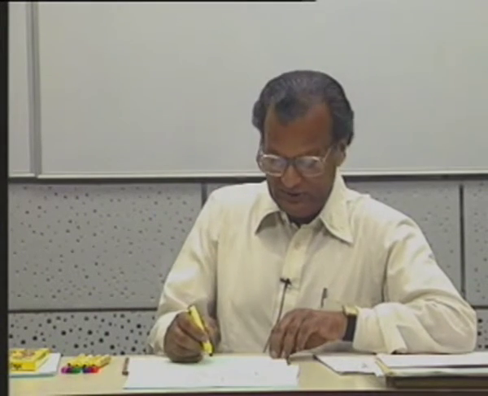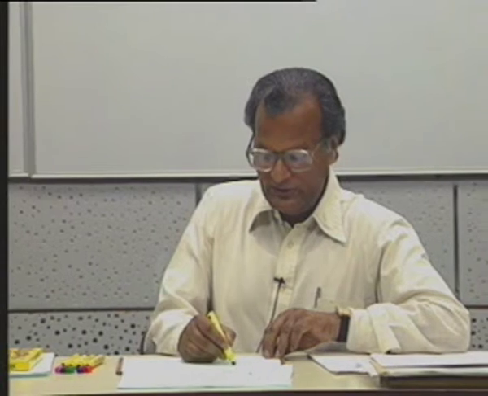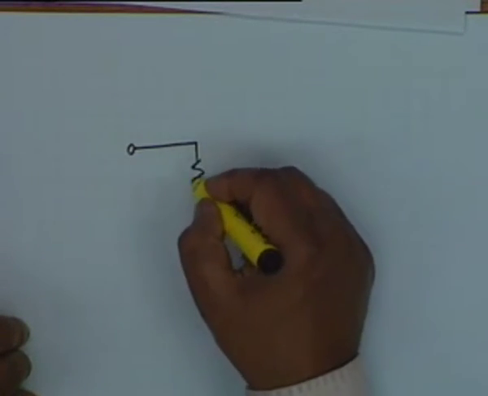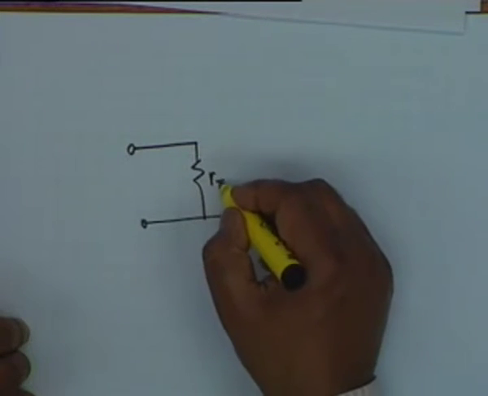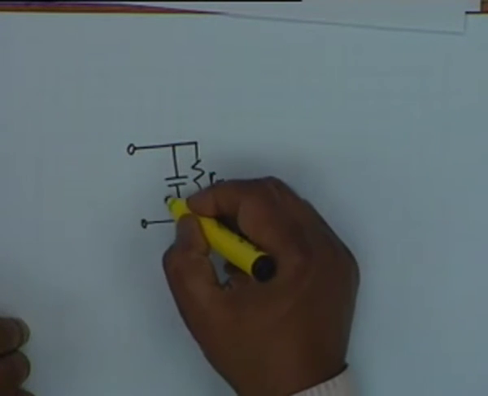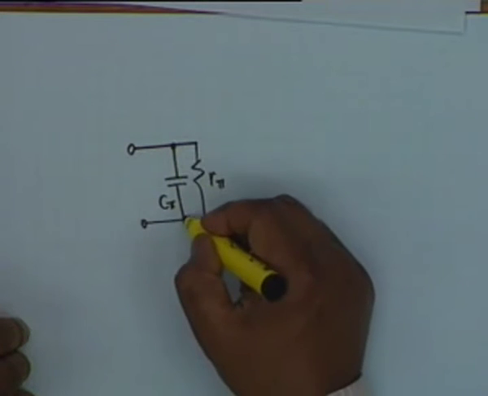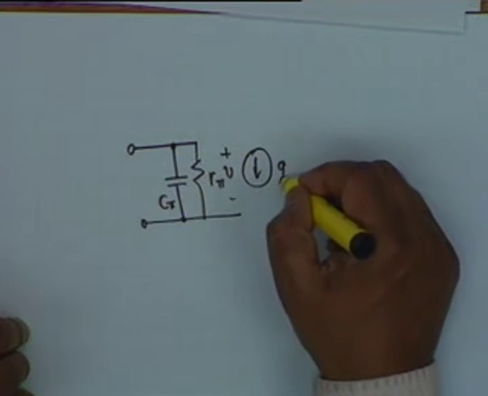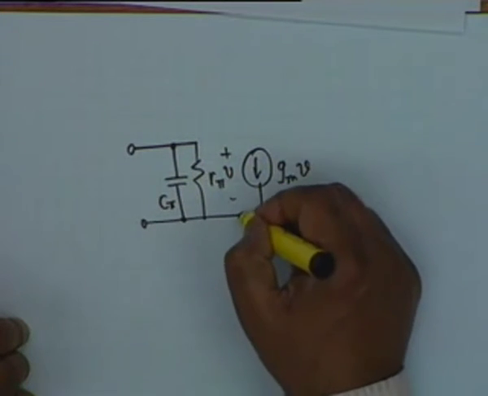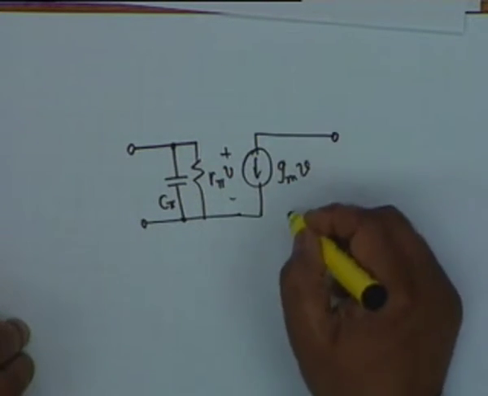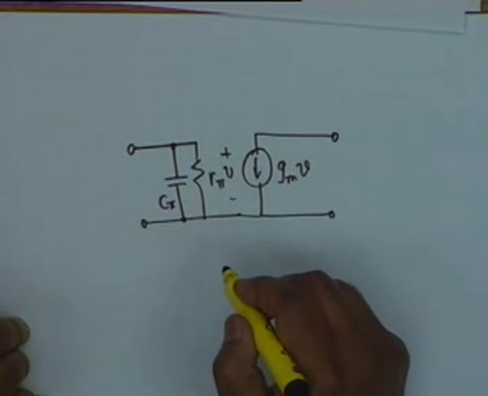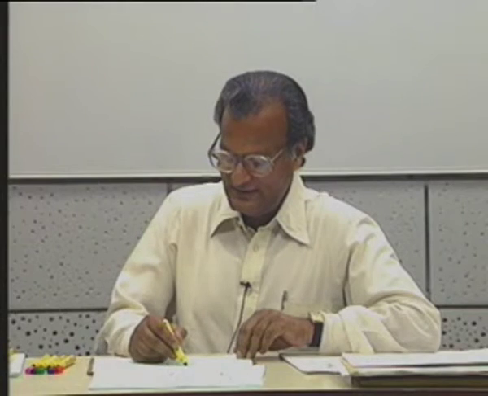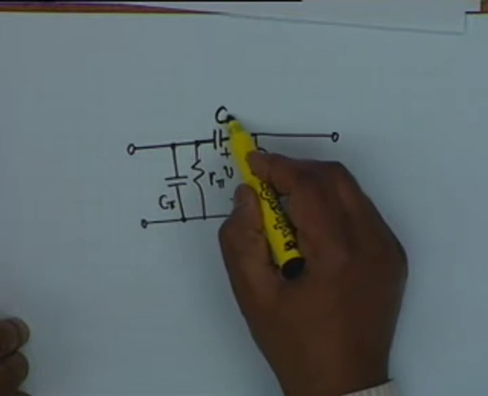For the purpose of this course and for the rest of the lectures, we shall be satisfied with a simplified model. We shall ignore Rx, and therefore what we will have is an R pi in parallel with a C pi, and this voltage is V. Then we shall have a current generator gm V, and very unfortunately, this capacitor C mu